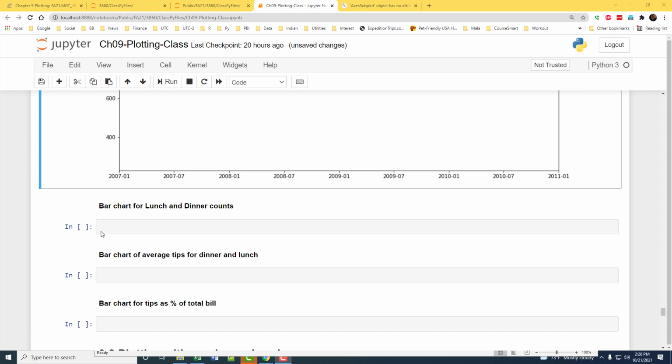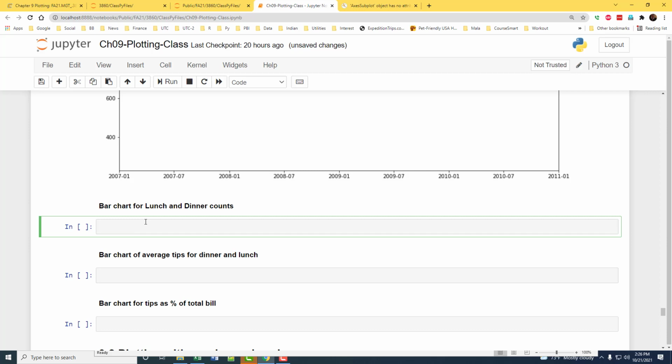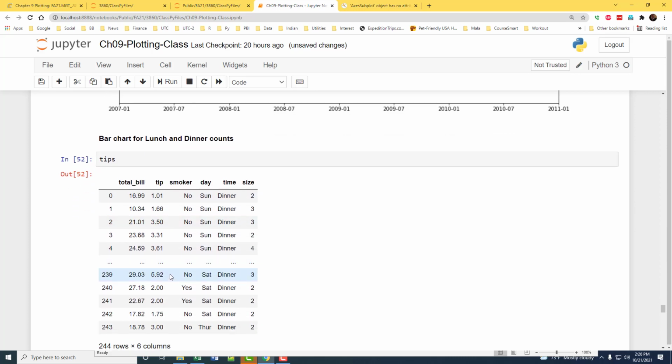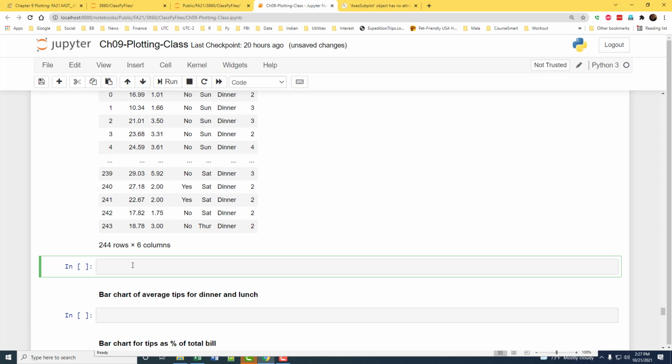Okay, now let's look at some more examples. Suppose in our tips data set we want a bar chart for lunch and dinner counts. So how many people came in for lunch and how many people came in for dinner? Time is the column that we want to plot, but we have to figure out the count ourselves. So we have to first set up the data that we want,